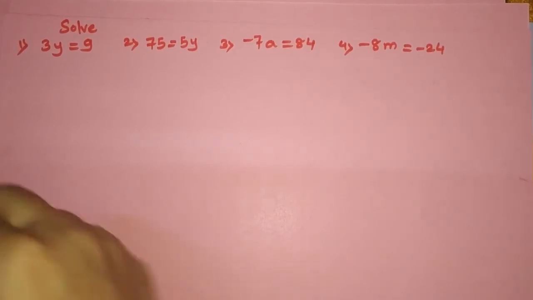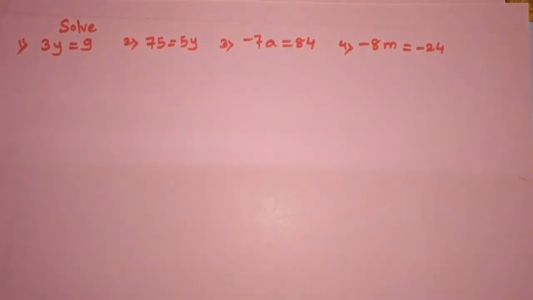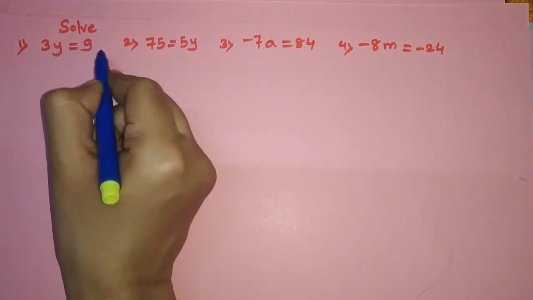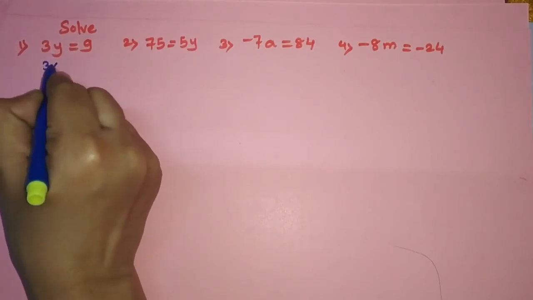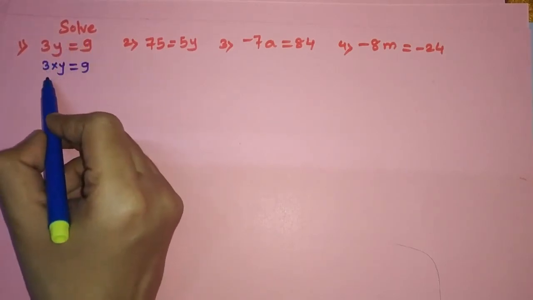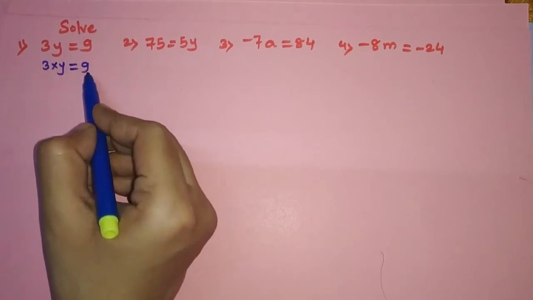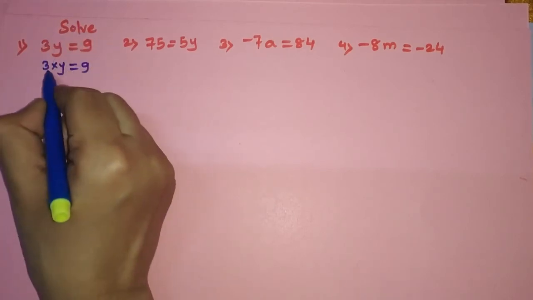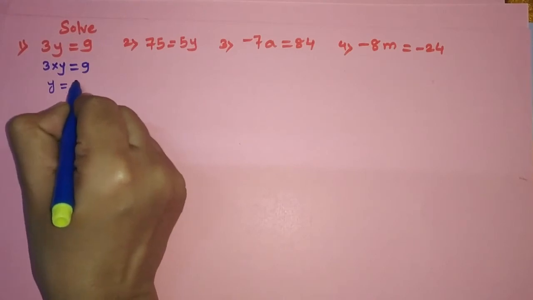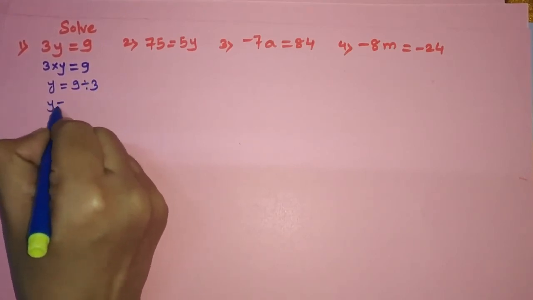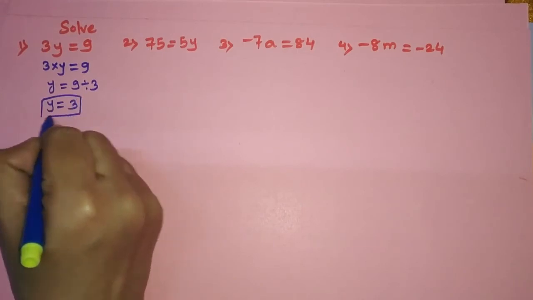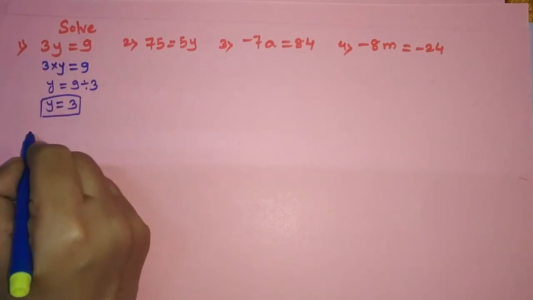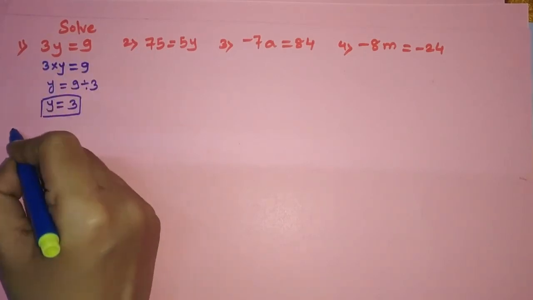Now friends, we will find the solutions for these equations. Here we need to solve 3y is equal to 9. So we need to find what 3 times gives 9. So here 3 into y is equal to 9. I need to transpose this 3 to the right hand side, from the LHS. It is in multiplication here. When you transpose it, it goes in division. 9 divided by 3. So you'll get 3, since 3 3s are 9. So y's value is 3. If you want, you can check it out. 3y, that means 3 into 3 gives 9. Means it is correct.